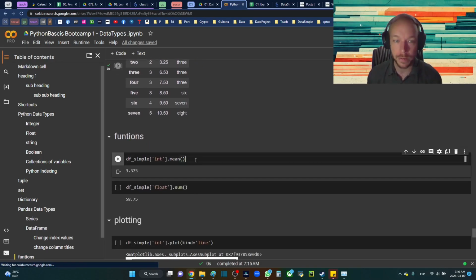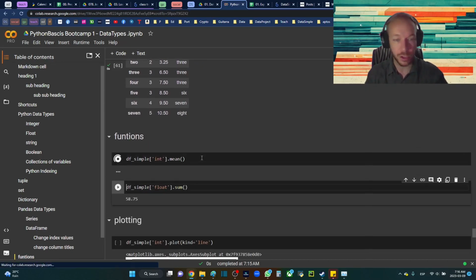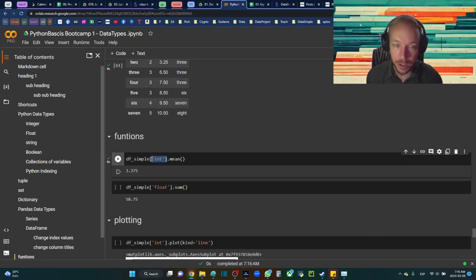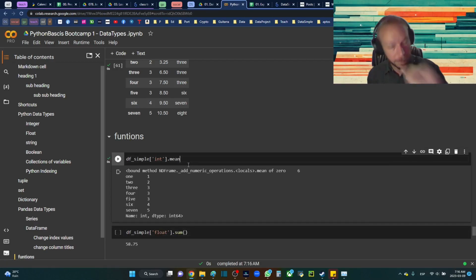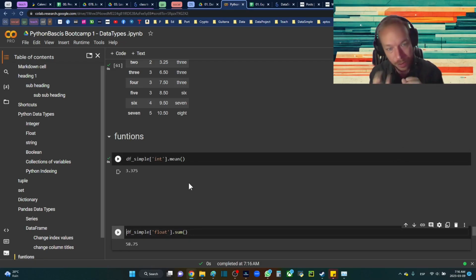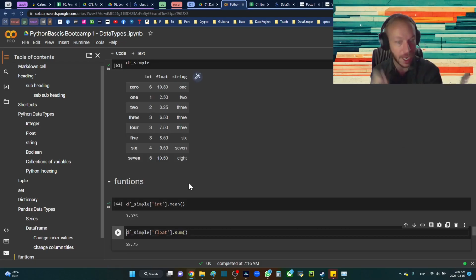Okay, so to go over some basic functions, and we're going to go over a lot more of this in future classes. So here we have dot mean. We're taking a column, we're going to dot mean, and we're putting parentheses. The parentheses are really important. You won't get an error. Watch what happens if you don't use those. You won't get an error because you're referencing the function. You're like, hey, Python, here's the function. You need to do this sometimes, but for today, we'll talk about that in later classes. But to use a function, to say, hey, Python, here's a function, and use it, you need to put the parentheses around it. So here we're going to do mean,